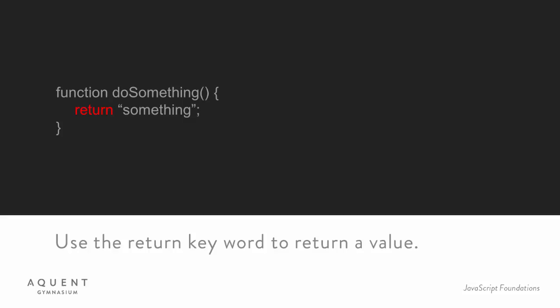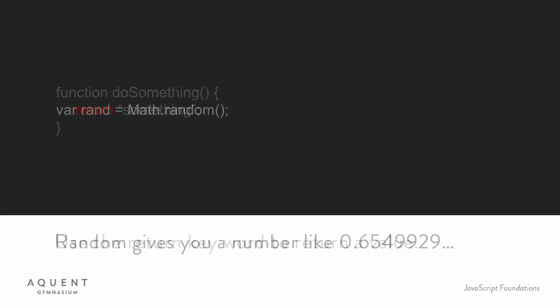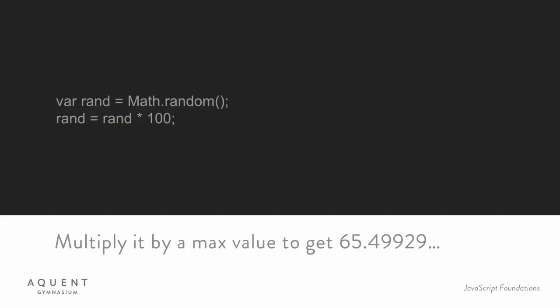You specify the data a function will return with the return keyword. Let's keep going with Math.random for our next function. As you know, Math.random returns a decimal number between 0 and 1. And I mentioned in lesson 1 that if you wanted a larger random number, like between 0 and 100, you can multiply this by 100. But this will still give you a decimal number, something like